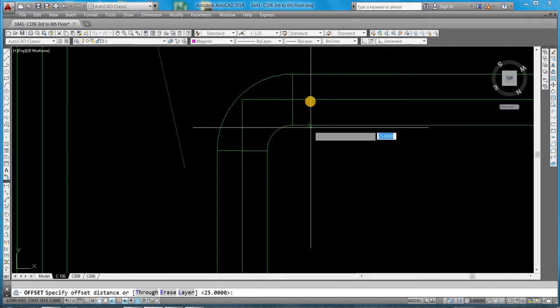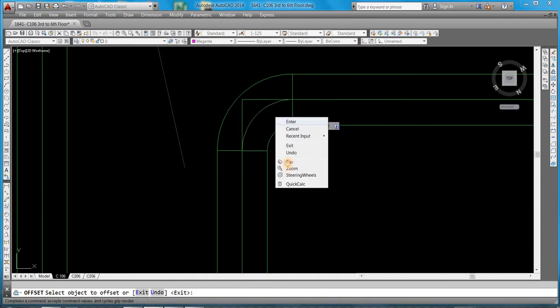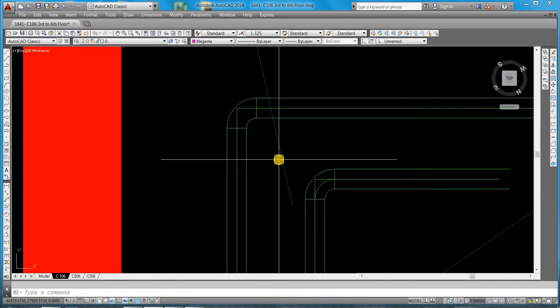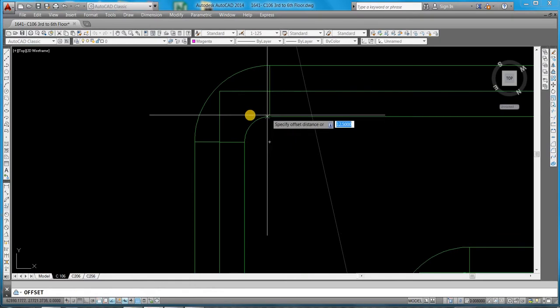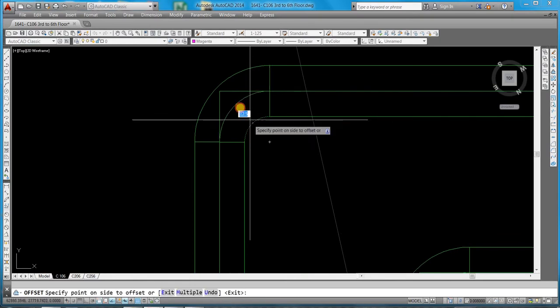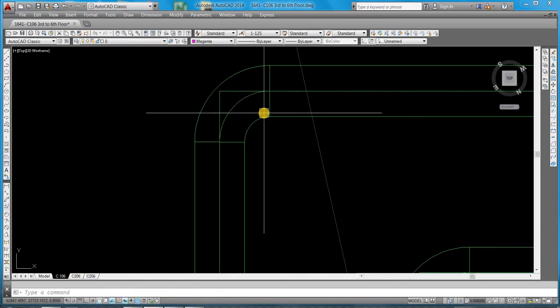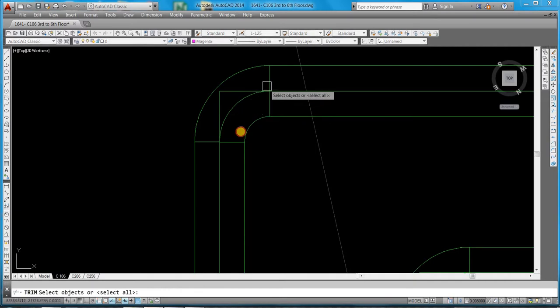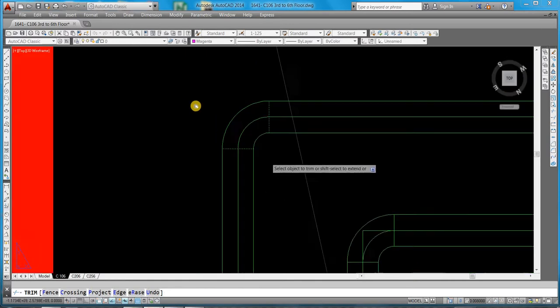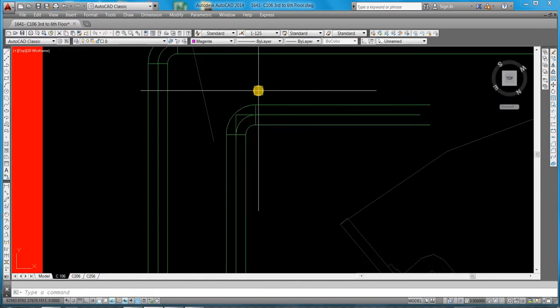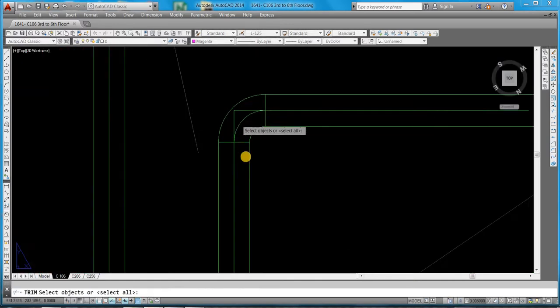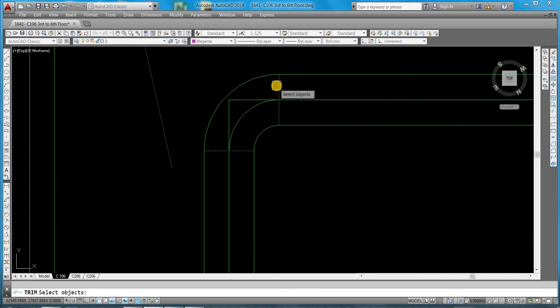Center also the same, this one from here. This also. Delete this one. Enter. Trim, trim.